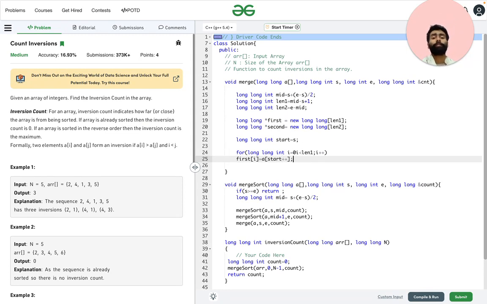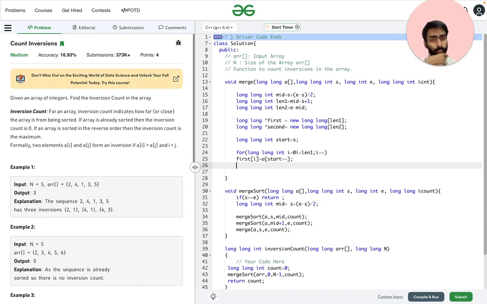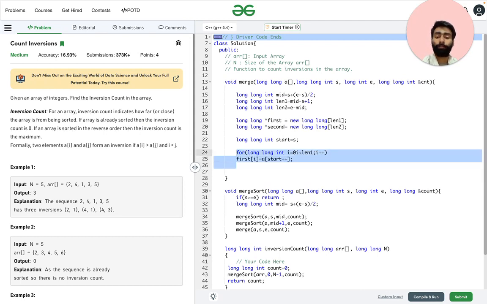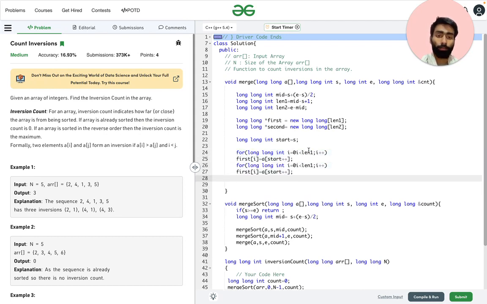In this way all the values got added in the first part. Now we will do the same for the second part. So here L2 and here second.